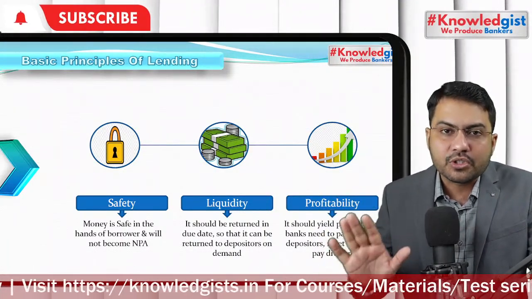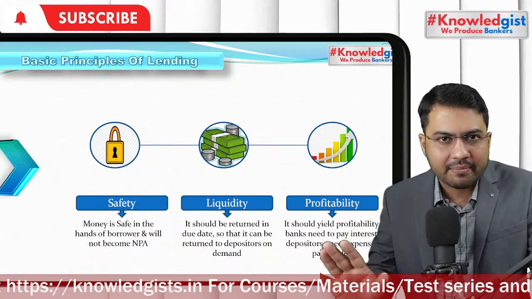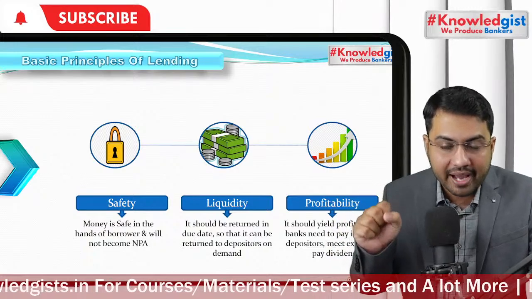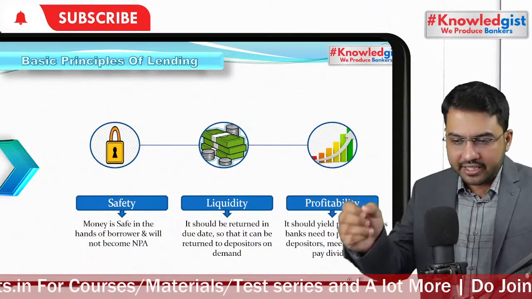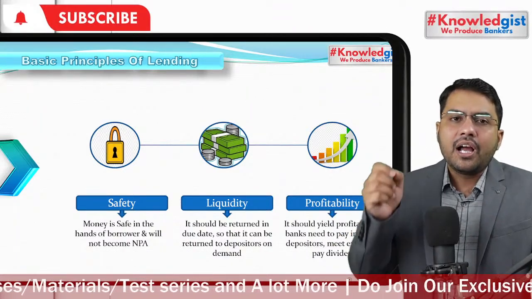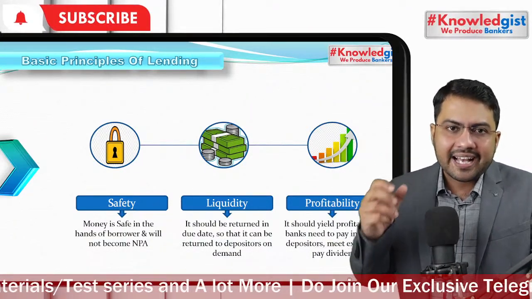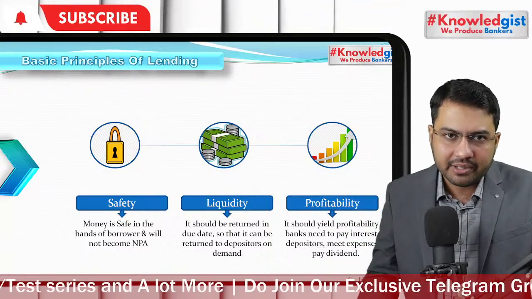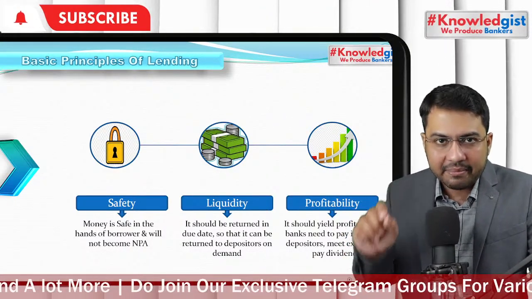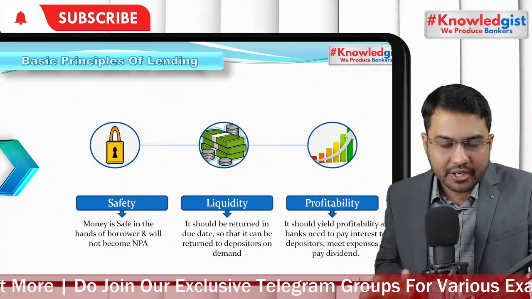You will lose liquidity. And you know what happens to institutes when they are unable to match their liquidity requirements. Recently, IL&FS and other NBFCs failed due to a very weak asset liability management system. So liquidity is a major concern. Does this person have enough money to repay you?